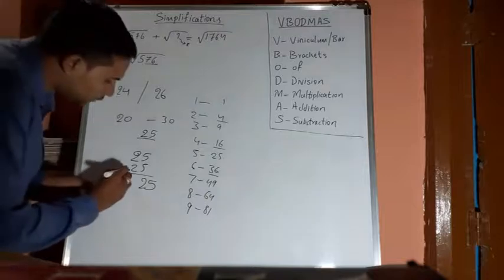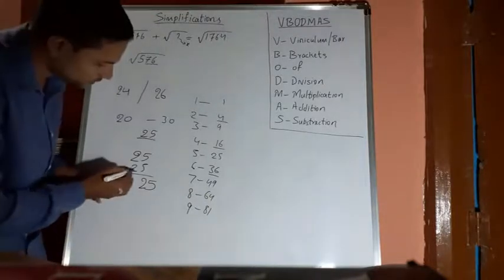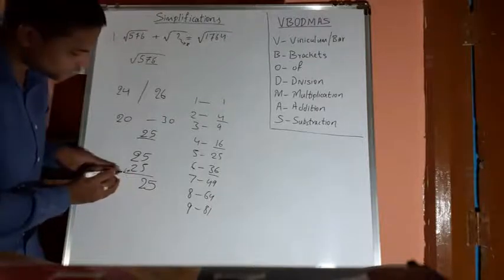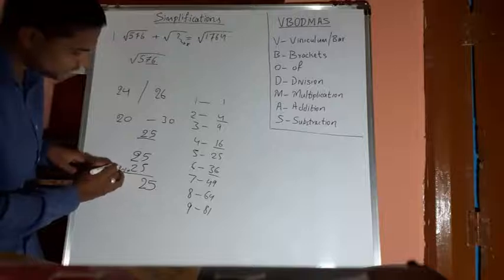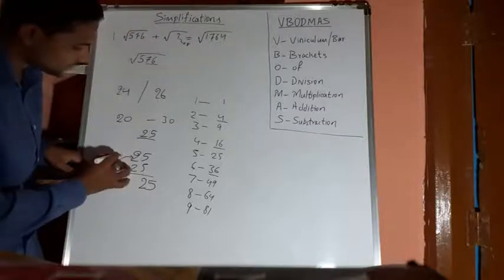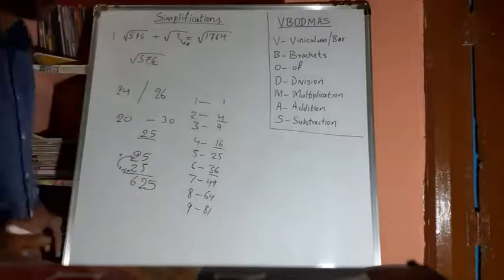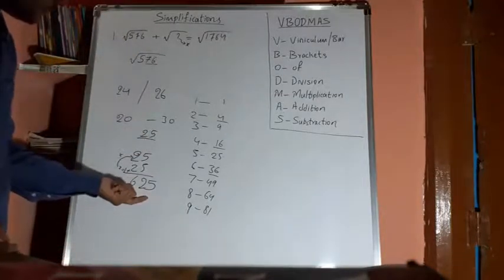You have to add one number to this digit. Right? This first two digit is there, right? To this you have to add one number. So how much is it? 1 plus 2 is 3. And this 3 you have to multiply with this. 3 into 2. How much is it? 6. So 25 square is 625. Understood, friends, how to do it?